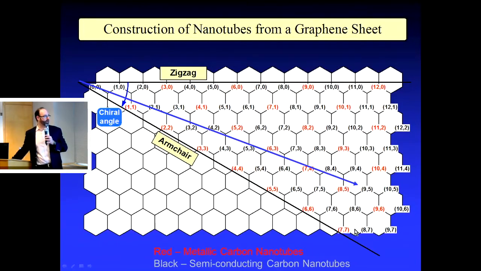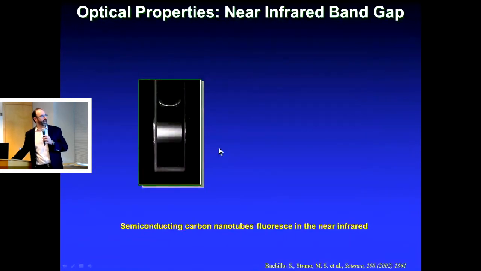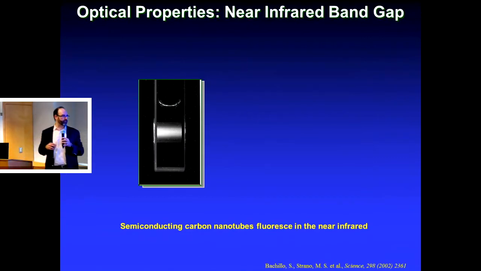Roughly, the red tubes are metallic. The black entries here are semiconducting, and their band gaps are fundamentally different, from small band gap to large band gap. Generally, the diameter is decreasing, and so I'm trying to convey to you there's a huge diversity of electronic structure here. Okay. Semiconducting carbon nanotubes fluoresce in the near infrared, a property that I discovered as a postdoc at